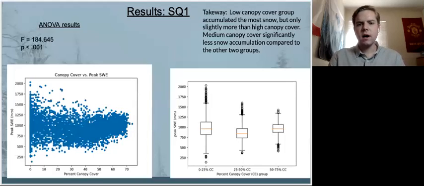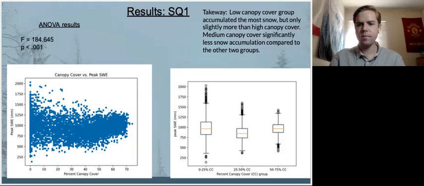Moving on to results, I also divided these slides up based on sub-question. And for the first one, the ANOVA test had a p-value that was incredibly small, basically 0, which means that there were differences in snow accumulation between the canopy cover groups. And looking at the raw data, the one in blue, the highest peak snow water equivalent occurred in open areas with 0 canopy cover, and peak snow water equivalent decreased with canopy cover until around the 40% mark, and then